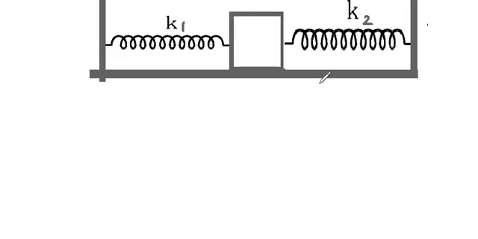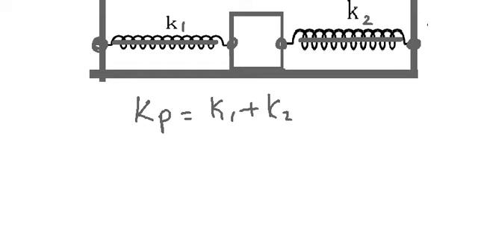Consider two springs as given. What is the equivalent spring constant? First point, check whether their axes are parallel. Axis of the first one and axis of the second one are along the same line, so they are parallel. Now one end of the first spring is fixed on a non-oscillating body, other end is on the oscillator. For the second one also, one end is fixed, other is on the oscillator. So these satisfy all the three conditions, so they are parallel. So we can say Kp is equal to K1 plus K2 is applicable.